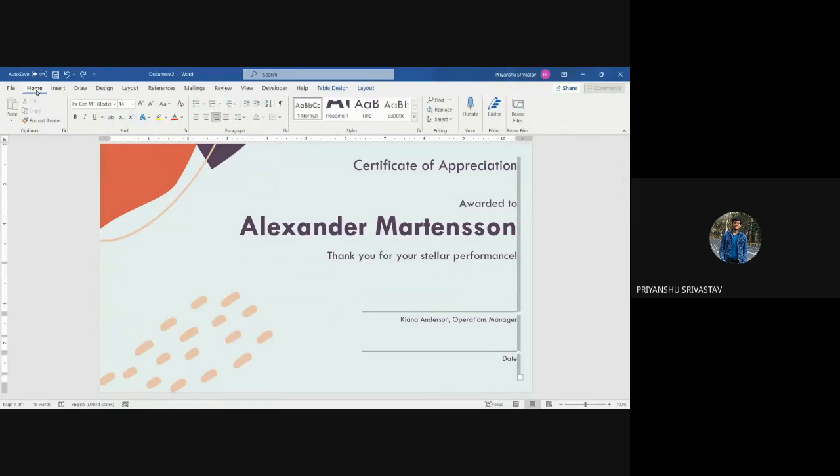First of all, I have to make a few changes in this template. For example, this is not a certificate of appreciation. This will be certificate of participation. So I'm going to edit it. We'll write certificate of participation. Okay. And is awarded to here. The name is written. We have to edit that and give the name of whoever fills the feedback form. So I will edit this later.